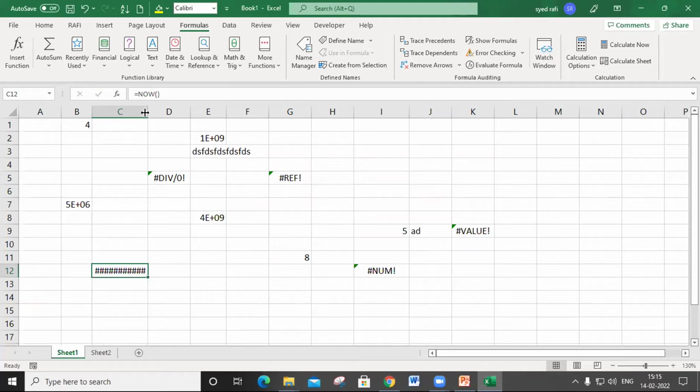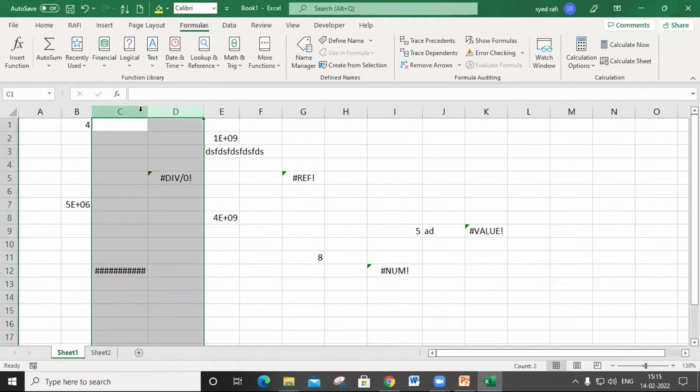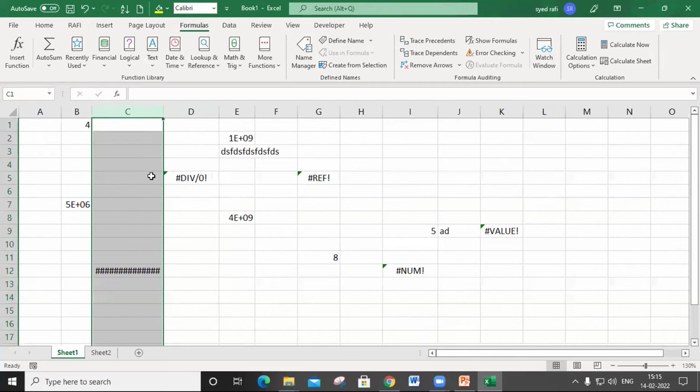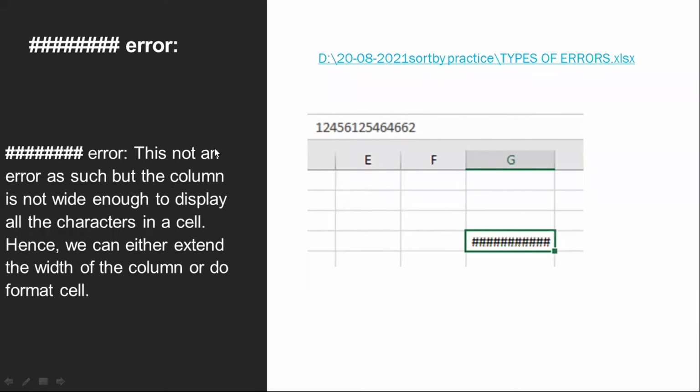That's why it is displayed like this. In such a situation, you must double click on the column border, or increase the column width. Click and drag the column width, and it will be expanded automatically. This is not an error, but we consider it an error. Error checking can't take it as an error. I hope you can understand.